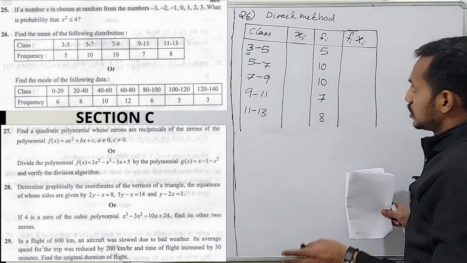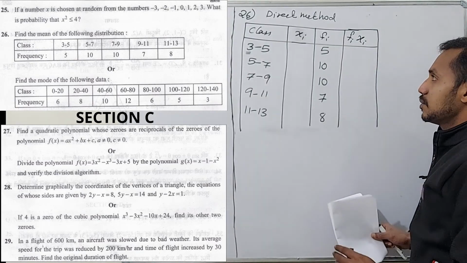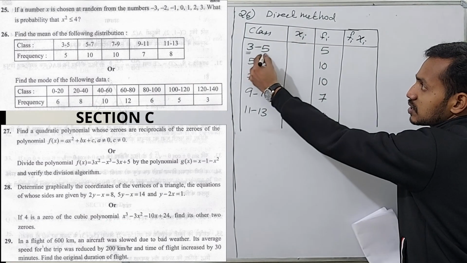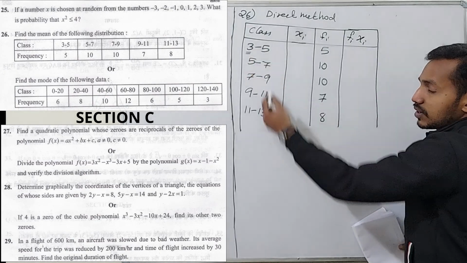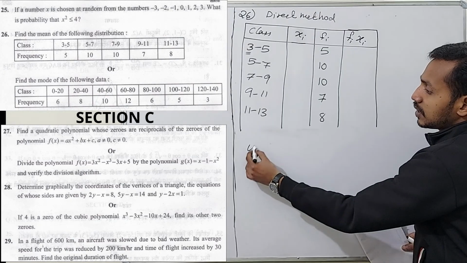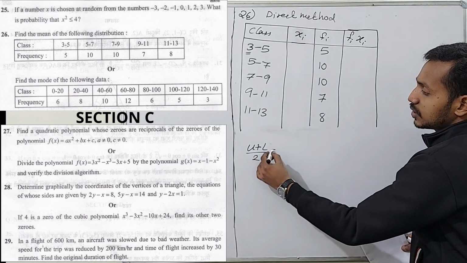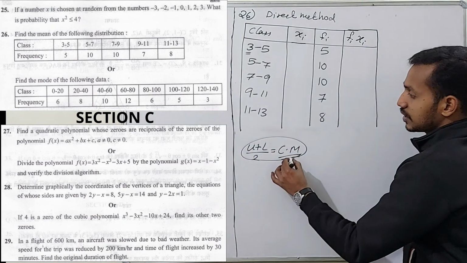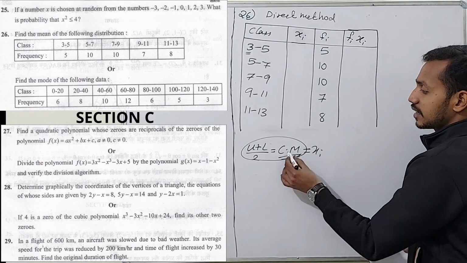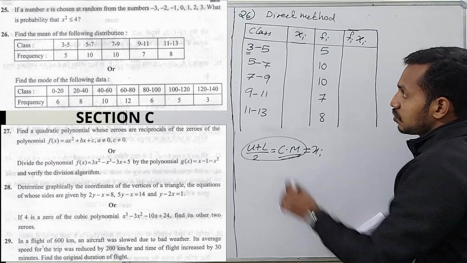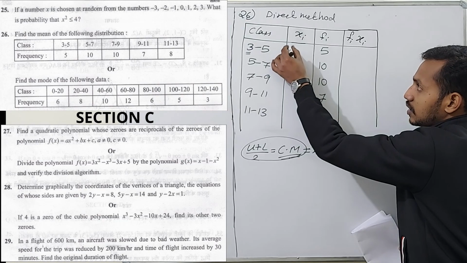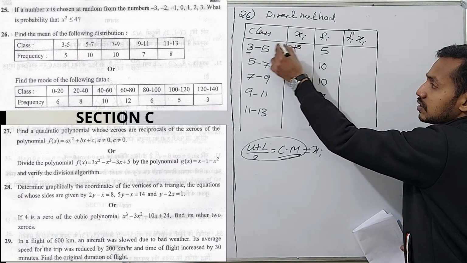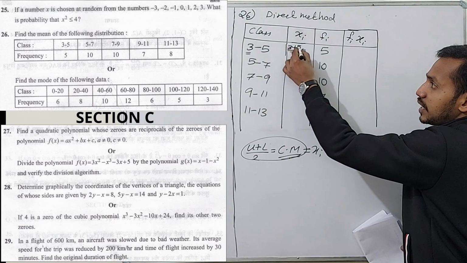And the step deviation method is deleted from your syllabus. Now, first of all, we need to find the class mark. Class mark means the middlemost value of a class. That means the upper limit plus lower limit divided by 2 will give the class mark. Clear? This is the formula we already need to know to find the xi. Xi is the class mark here. So what is the upper limit here? 3. Okay. Upper limit of the class is 3 plus lower limit is 5 divided by 2, which is equal to 8 by 2, is 4.